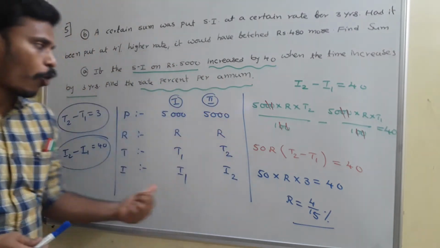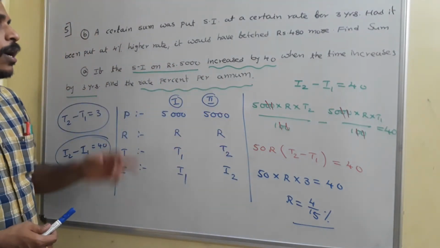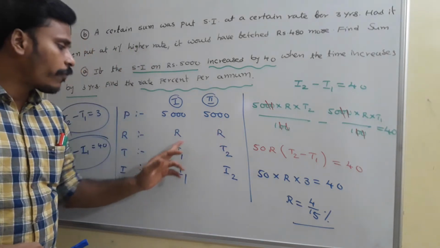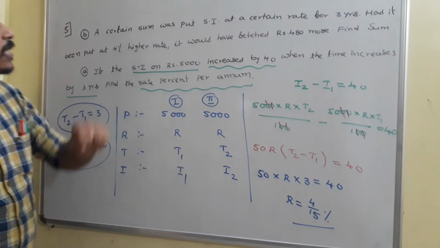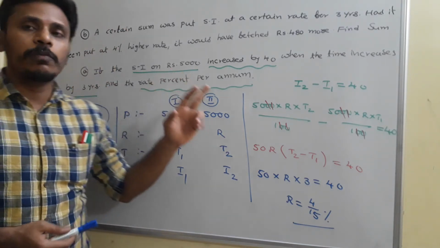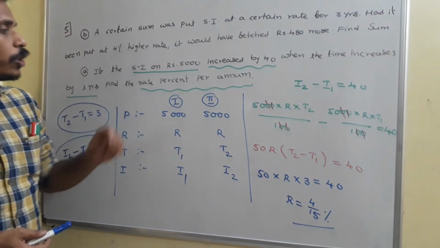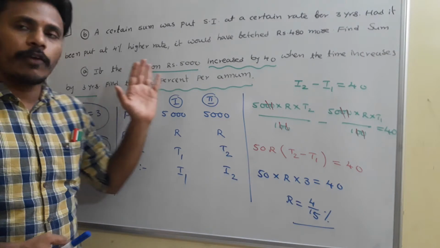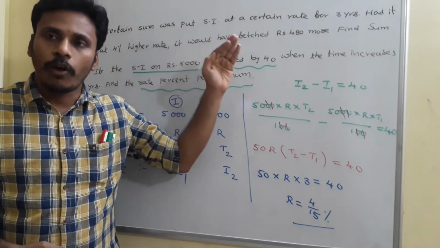Alright. In this problem, if you think about it, principal and rate of interest are the same, and there is a difference between the times. Whereas coming to 5B, you just think about it, there is a difference between the rates of interest, and you need to calculate the principal sum there. Okay. First of all, you just analyze 5A, and then you try to solve 5B.